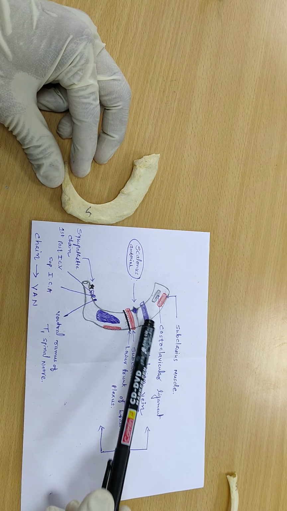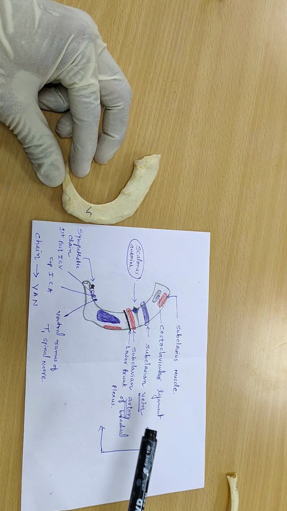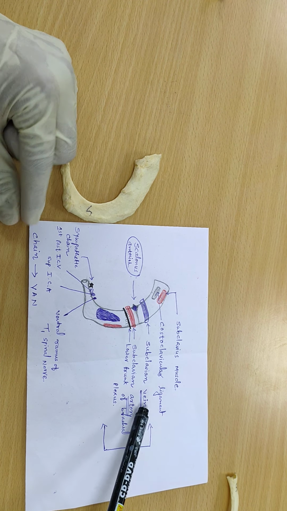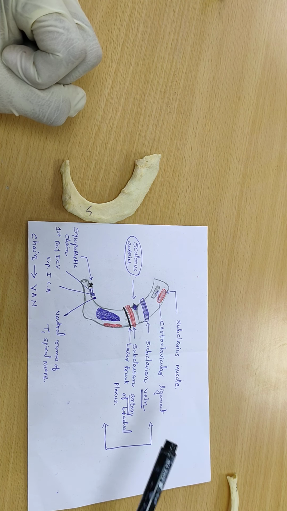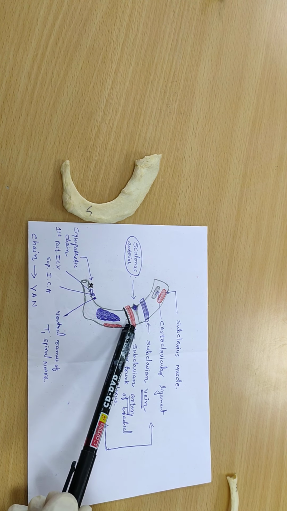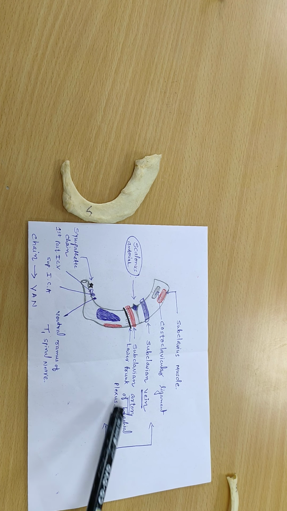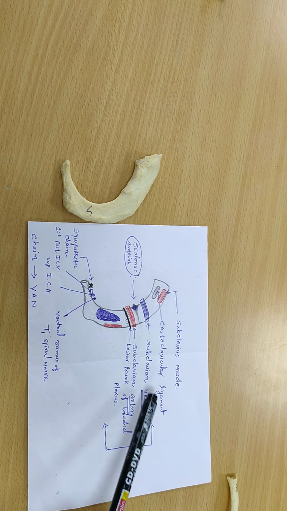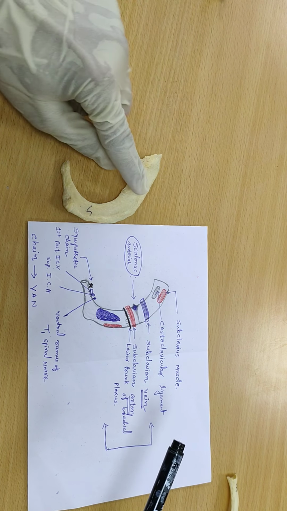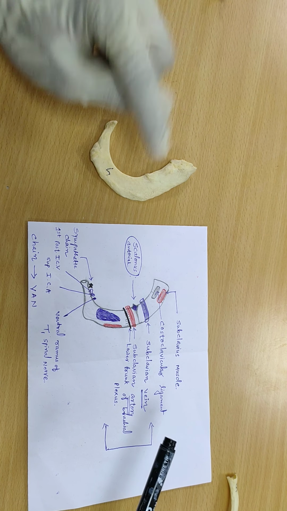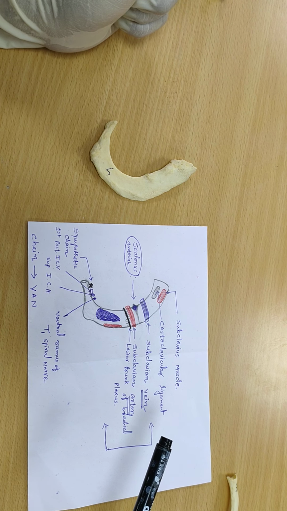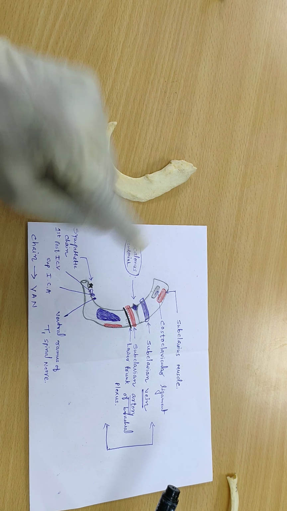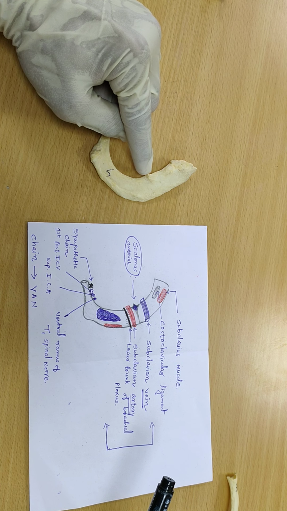Now see this, the shallow grooves are separated by one faint transverse ridge. Anterior to that transverse ridge, the anterior shallow groove lodges the subclavian vein. The posterior shallow groove transmits the subclavian artery and lower trunk of the brachial plexus. So these are the important structures, relation wise or transmit wise, from the anterior shallow groove and posterior shallow groove. The scalene tubercle provides the attachment of scalenus anterior muscle. Scalene tubercle, scalenus anterior muscle.